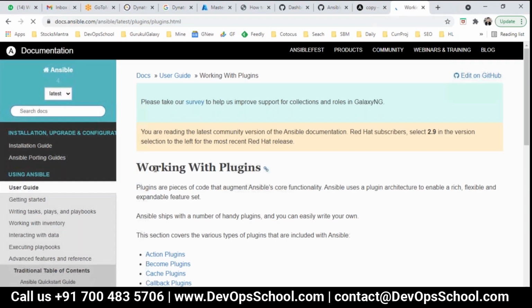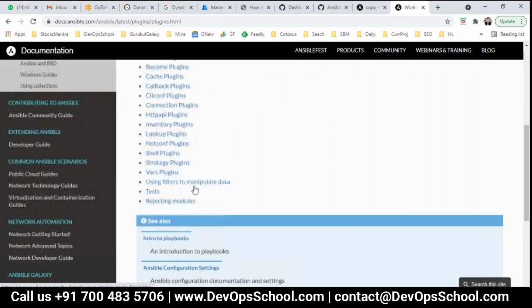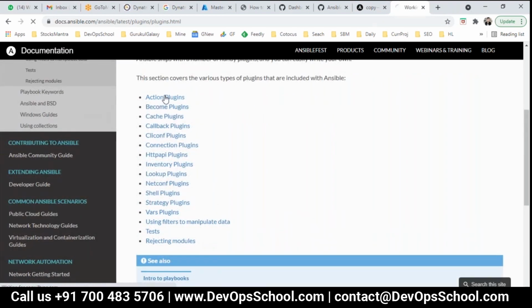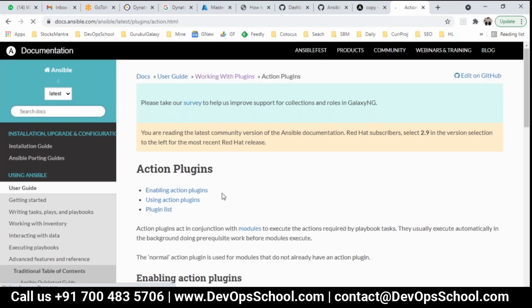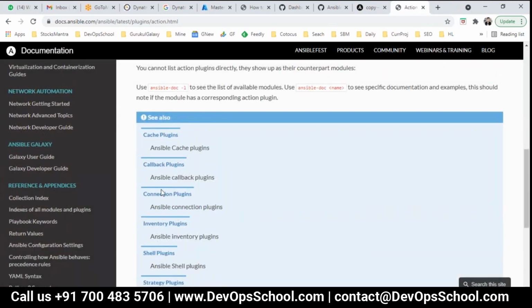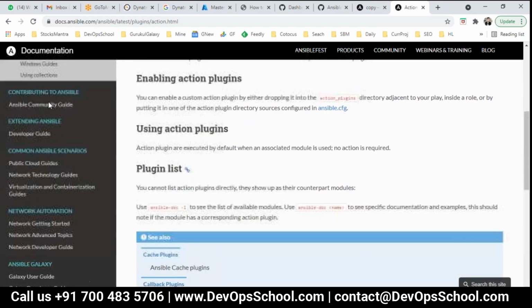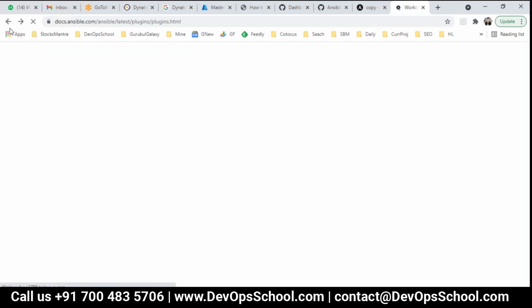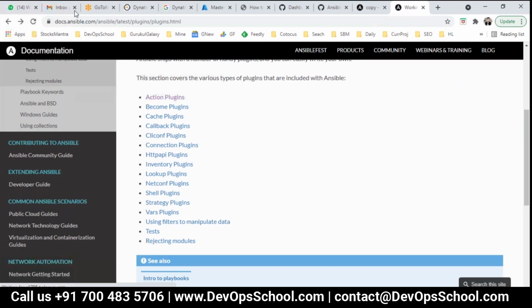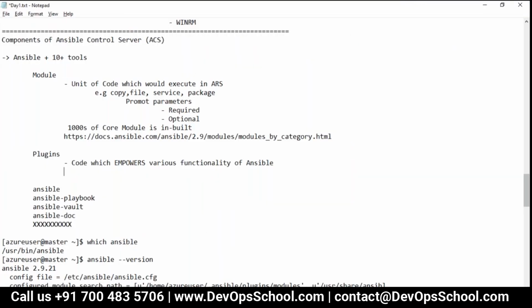You can develop your own plugins also, but these are the plugin categories: action plugins, become plugin, cache plugin, callback plugin. So many plugins are there. This is basically the features of Ansible. Under these you have connection plugin, inventory plugin, shell plugin, strategy plugin, vars plugin. As features you will be learning them one by one, but understand these are the feature plugins.